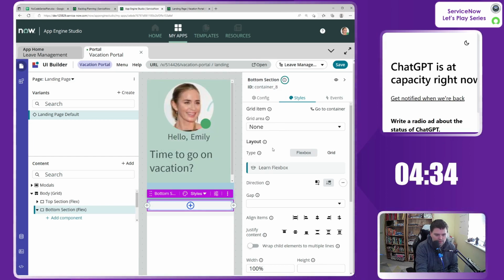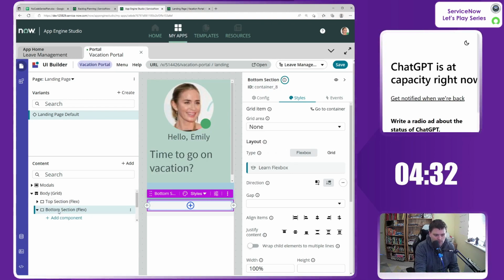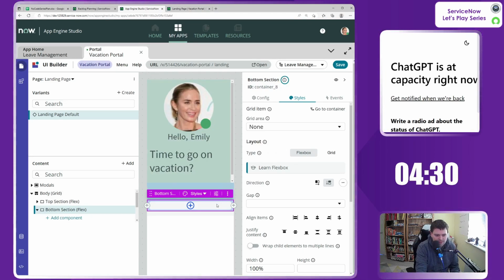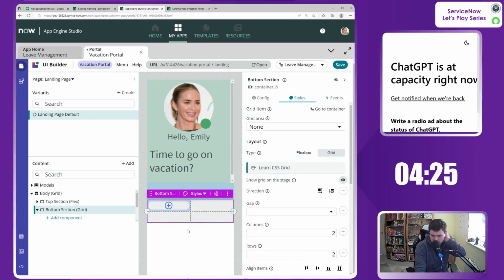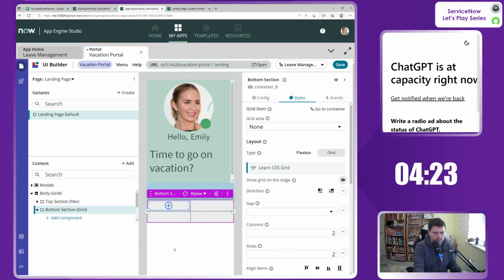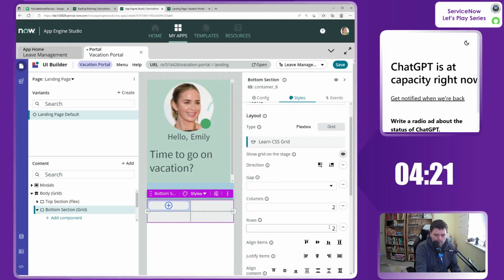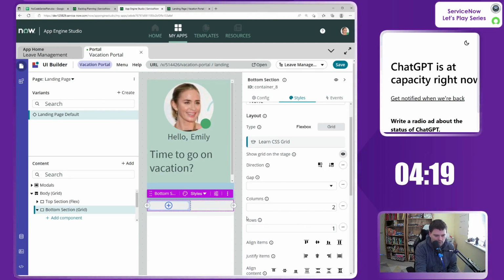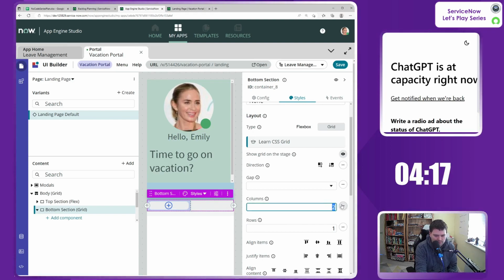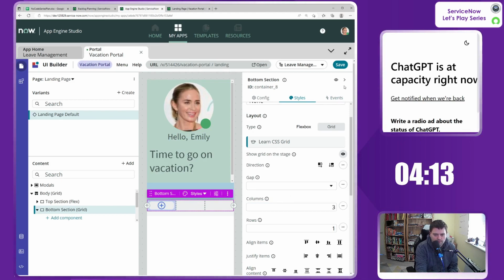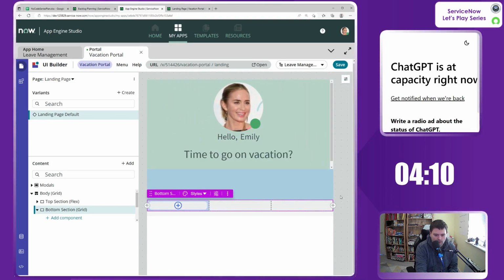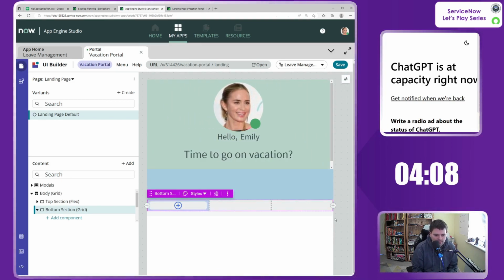I'll keep the ID the same, not too worried about that. So we've got a top section and a bottom section, and in our bottom section this is going to be a grid. So you can see how the grid is kind of split up from the page there. We only want one row, so that will show as one row like that. At the minute it's split into 2, but we'll say 3. There we go. So if we just remove that there, so we can see how we've got a container there